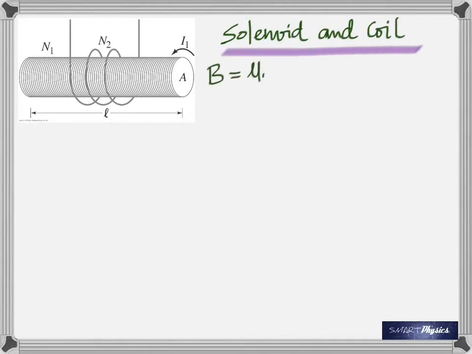Let's start out with defining B. For a solenoid, we know that the magnetic flux density on the axis is given by this formula, right? We do know this. Don't we? Where N should be N1 in this case, actually. I'm going to change it. N should be N1. I1 is the current flowing. L is the length. Okay, we know that. So how do you find